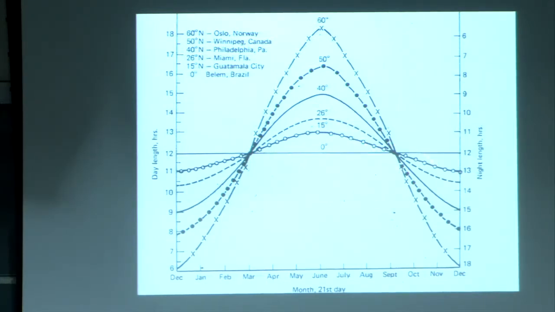And what they found was that Maryland mammoth would not flower until the length of the photoperiod reached about 11 hours. It had to shorten until about 11 hours for these particular plants. A couple other points I'd like to make on this slide is that on the equator, that is at 0 degrees, the length of the photoperiod is more or less constant at 12 hours. And as you go higher up in latitude, so that you're in Oslo, Norway, the length of the photoperiod becomes very extreme at the height of summer and very short in the wintertime.